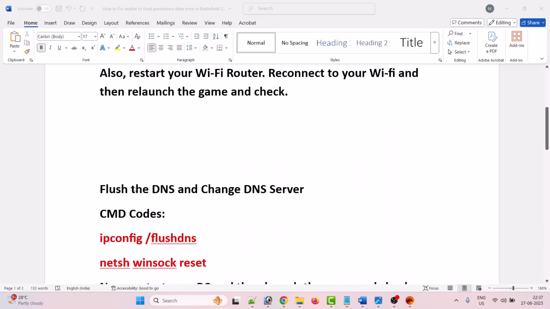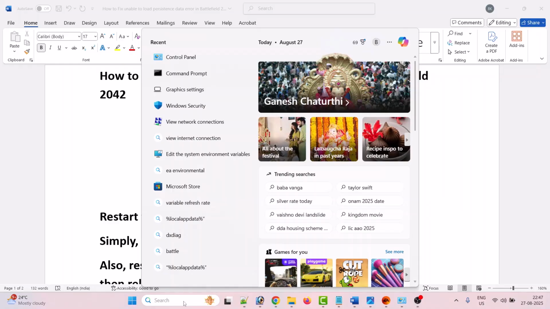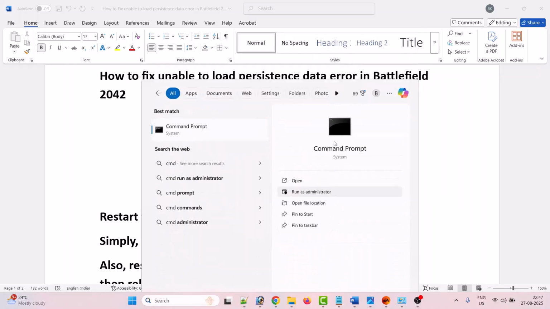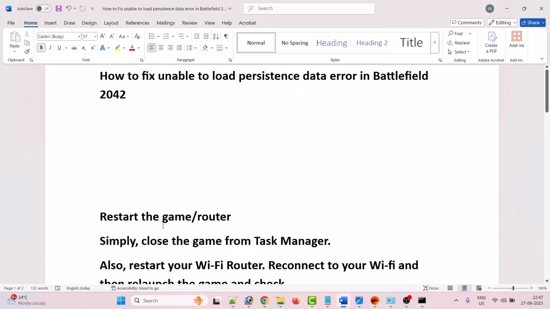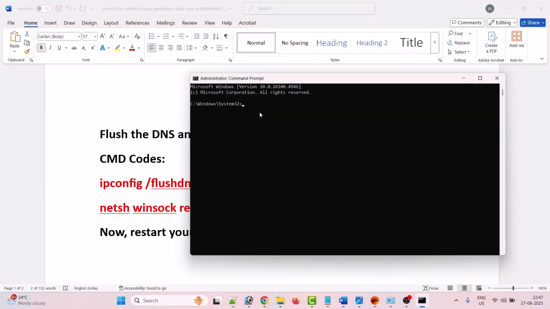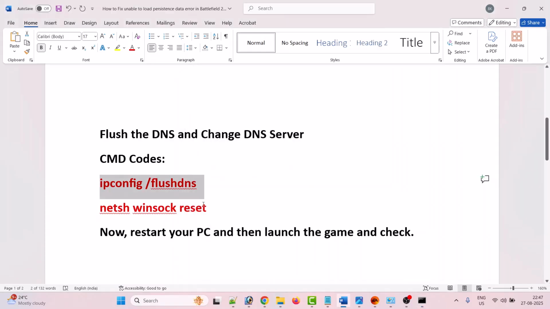Second solution is to flush the DNS and change DNS server. So in Windows search, type CMD and run the command prompt as an administrator. Click yes to allow. Now here you have to type two codes. First code is this one. Copy paste this code from the video description. I have mentioned this in my video description. Then hit enter. Then copy the second code